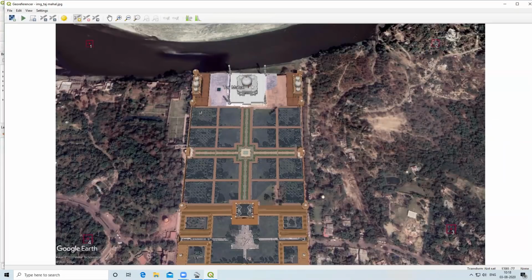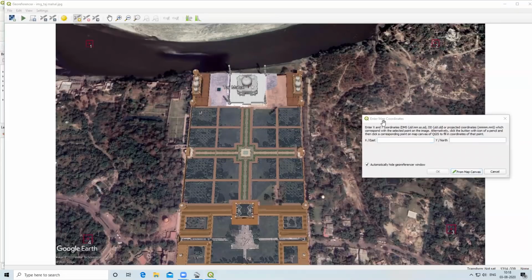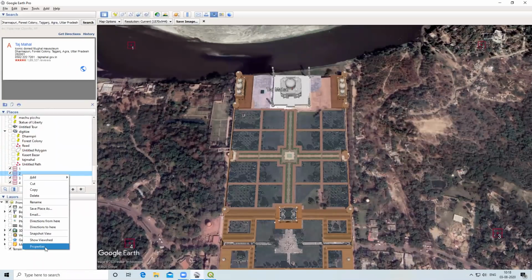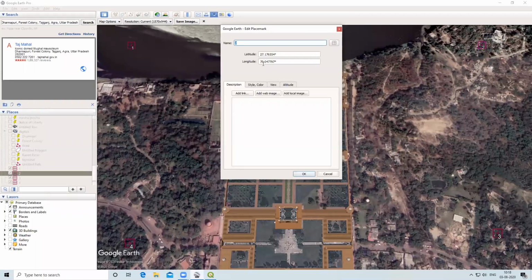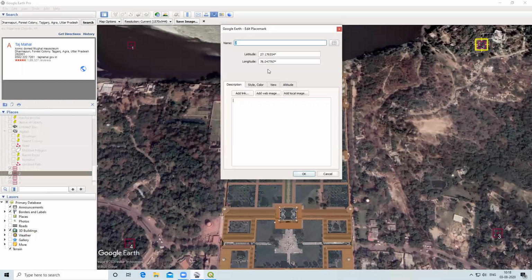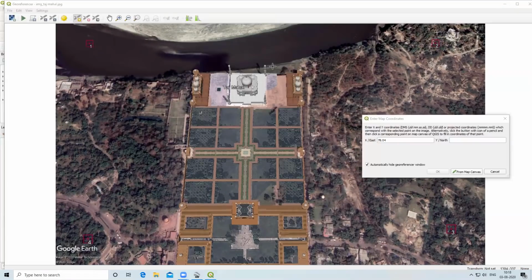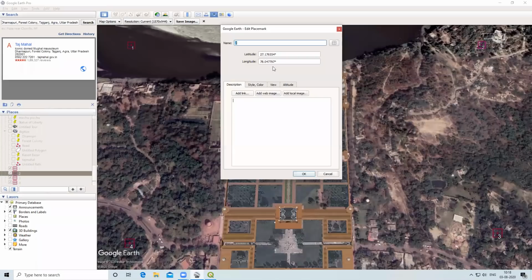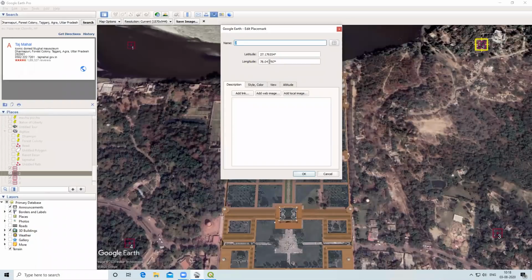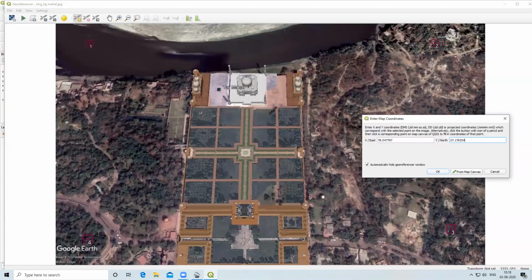Second, I will take here, I will close this, I will take the second point, then this 78.04, 7797, then 27.17, 6554. Press OK.